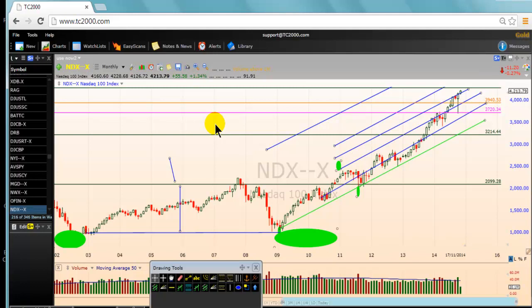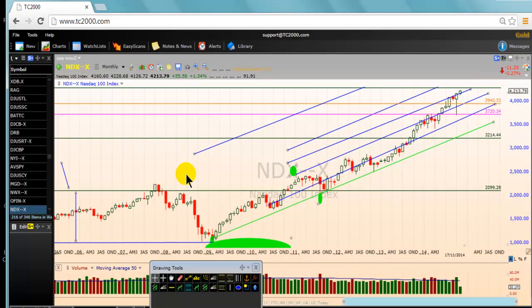In trading, we want to follow the trading drill: the setup, the signal, and the low-risk entry point, combining the technical trading and the fundamental. For investors, you may say to me, I'm an investor. You want to buy, you want to sell. What should I do now? The price is at a resistance zone. This is not the best place to buy the NASDAQ 100 now and hold. Technically speaking, you may discount the technical trading, but I do not believe that this is the best place for somebody who wants to buy and hold to do it now.